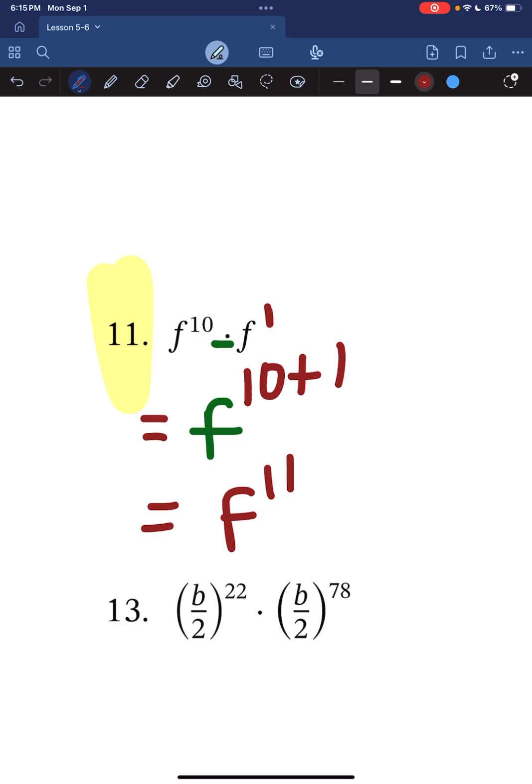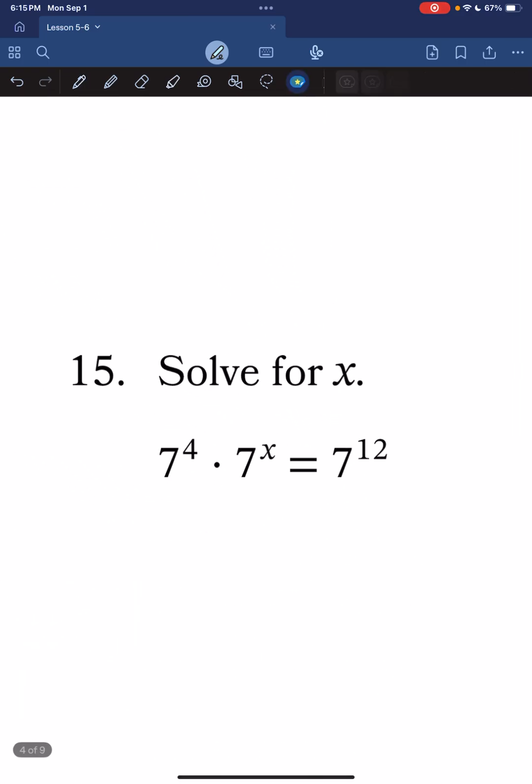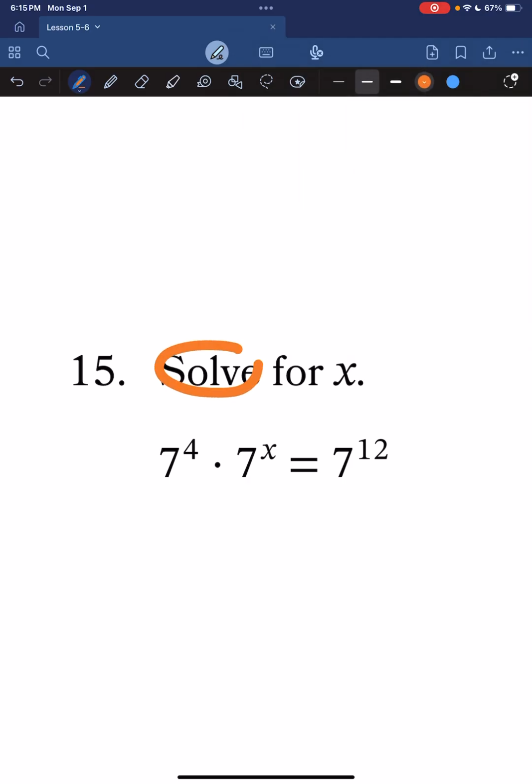So again, keep that in mind as we are going through. I want to do one more on this page, or on this little section, number 15. We'll stop right there. On number 15, I see that it says to solve for x. So we want to find out what x is. I see we have 7 to the power of 4 times 7 to the power of x equals 7 to